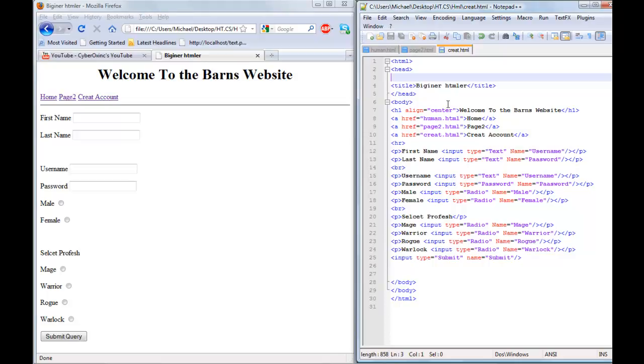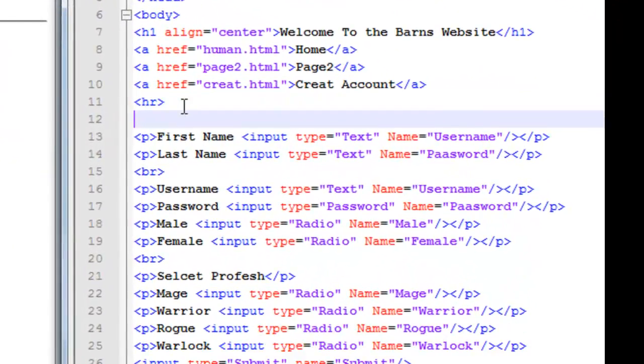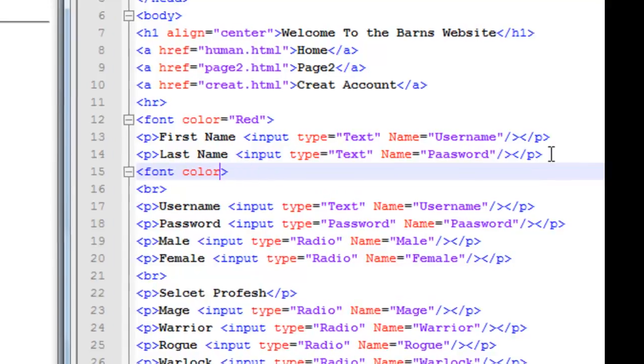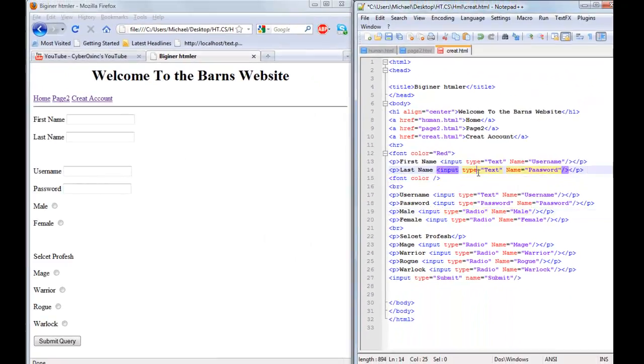If you've been following us on our HTML tutorials, then you will love CSS. The reason I say this is because it's a big style thing. It freaking rocks. So real quick, for an example, I'm going to type in font color equals quotation, red. I'm going to put it right here, and copy this again, all of it, and right here, before it breaks, I'm going to put the closing font color tag. Now if we save this, go over here, and hit F5,